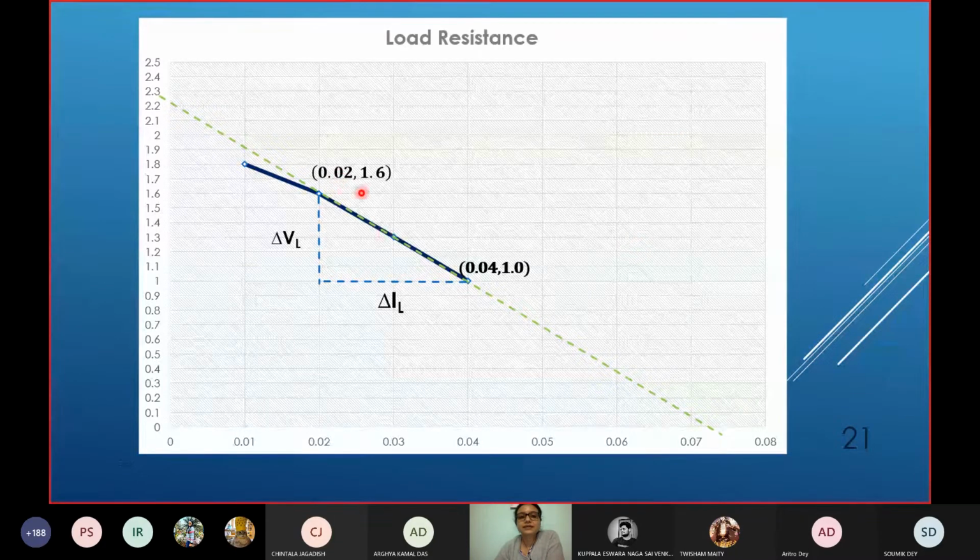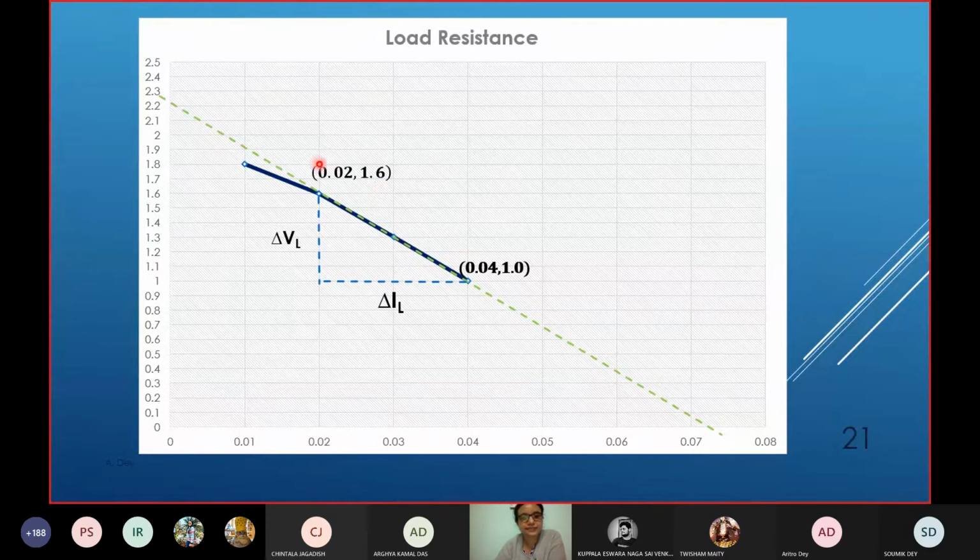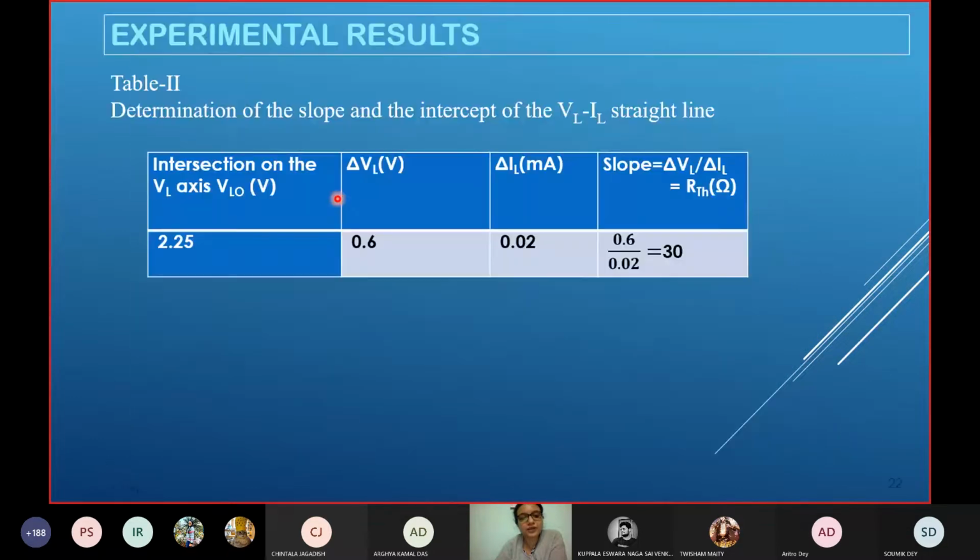Very sorry, 0.6 divided by 0.02, because this is the y-axis and this is the x-axis. This is V and this is I. So 0.6 divided by 0.02 will give you the RThevenin graphically, and it is coming out to be 30, whereas